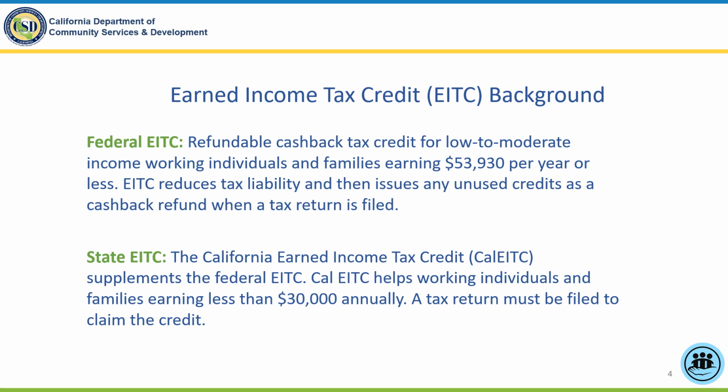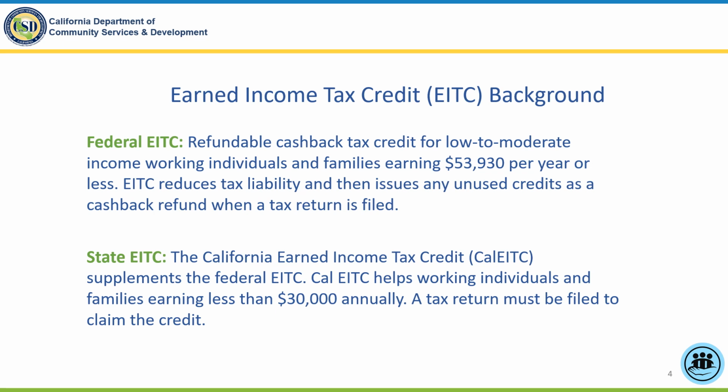The fiscal year 2019-2020 Budget Act impacted the CalEITC in 3 very significant ways. First, it expanded the credit to help low-income families with young children through a new $1,000 credit for families with children under the age of 6. Second, it significantly increased the average yearly amount individuals receive through the credit. And third, it expanded the eligibility to $30,000 to include full-time workers making the 2022 minimum wage of $15 an hour.